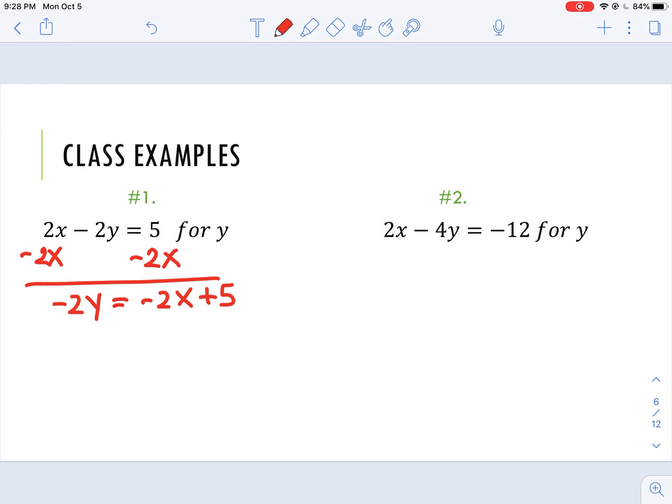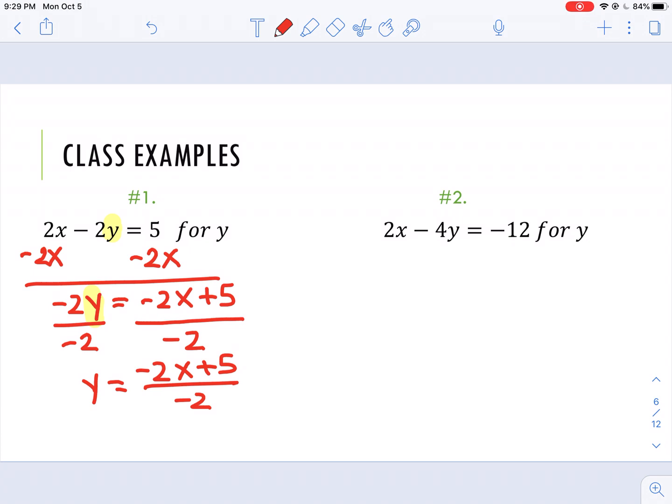Now my y, unfortunately, is still not isolated, right? That was our goal, to solve for y. So the last step is to divide both sides by that coefficient of negative 2. So I'm going to show my work by dividing my left side and dividing the entire right side by negative 2. Now when I write my final answer, y equals negative 2x plus 5 all over negative 2,